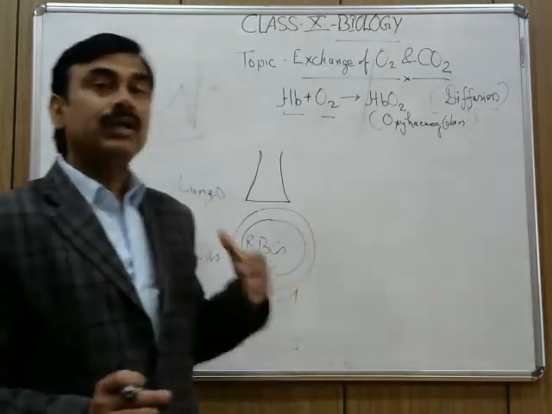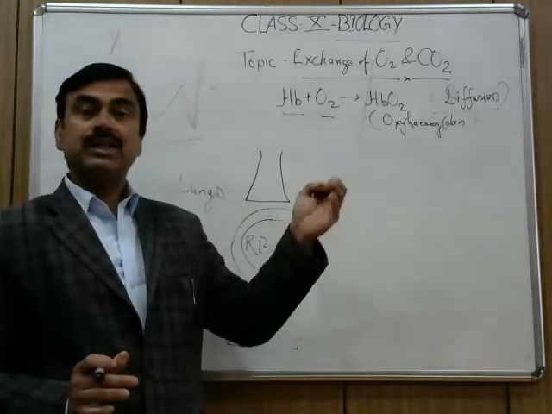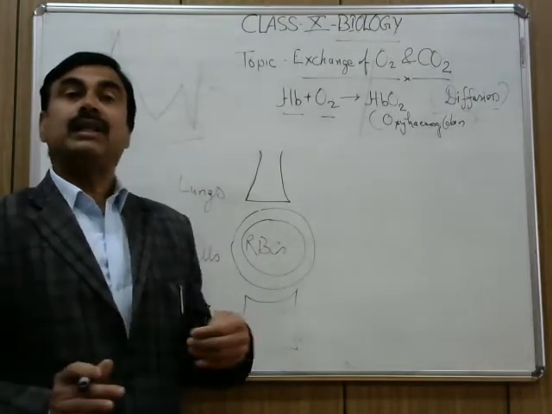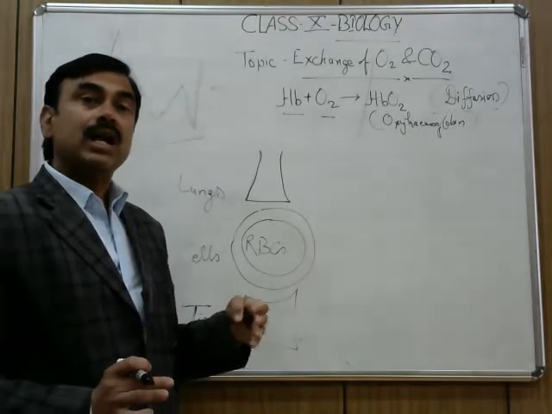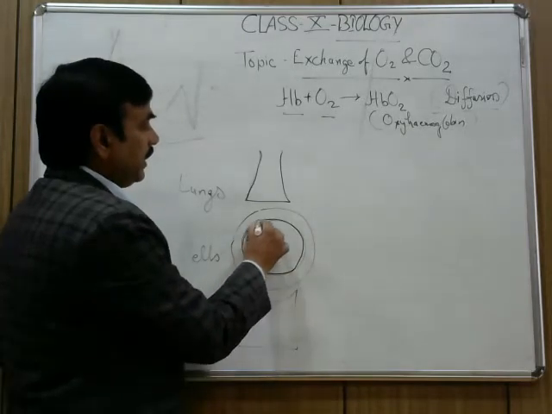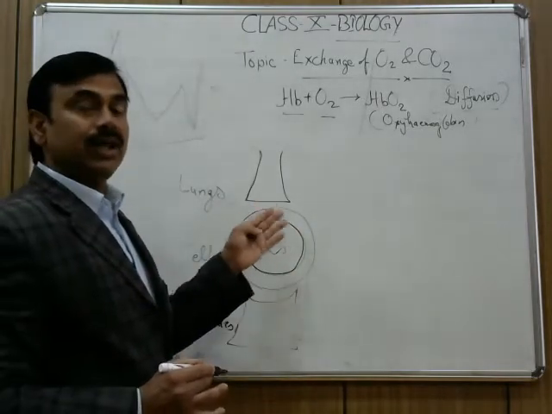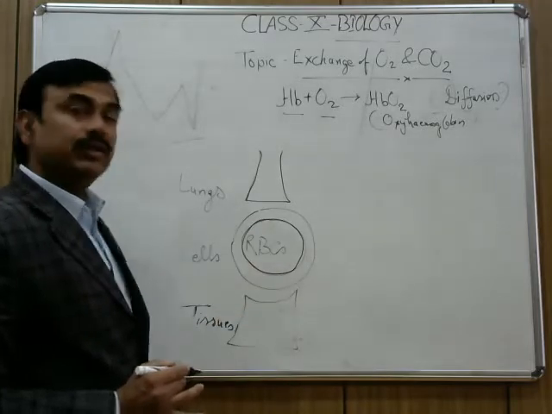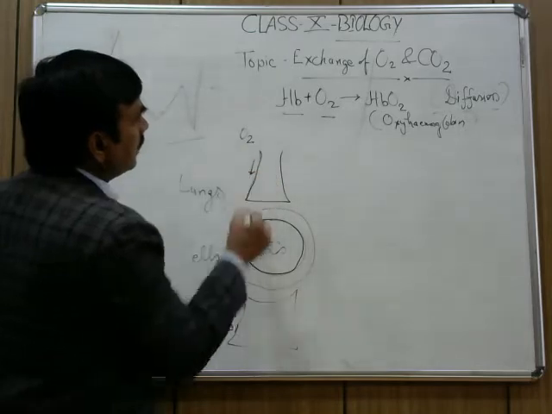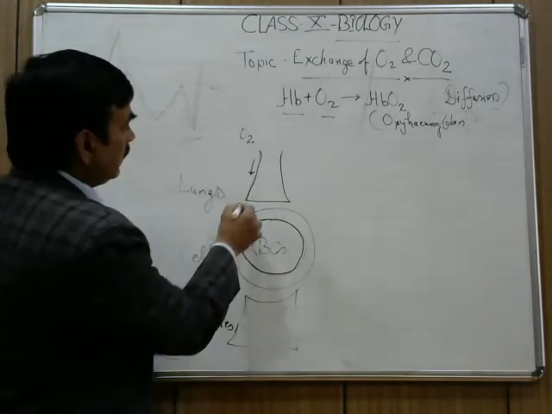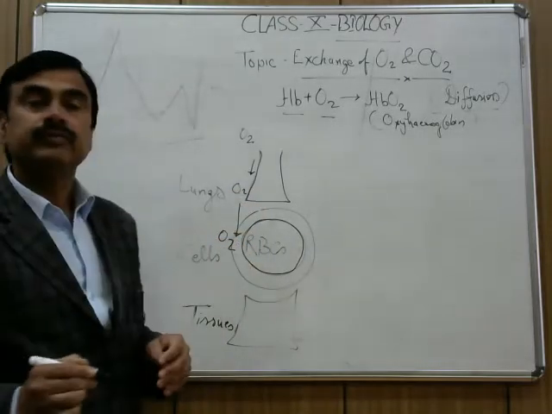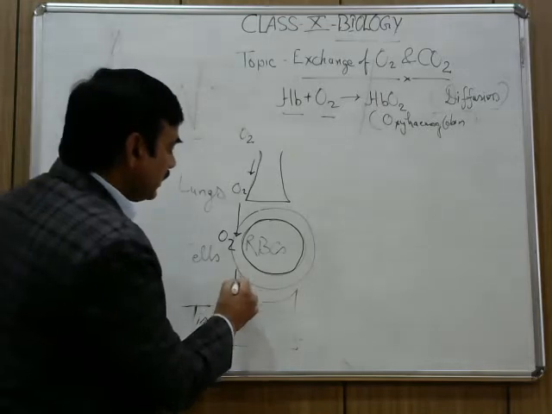But here you have to understand how oxygen enters through the lungs, then reaches the alveoli, and then from the alveoli it enters the RBC, the red blood cells present there, and then it is reaching this process. So oxygen is coming to the lungs region, then it is reaching the RBC, and then it is reaching the